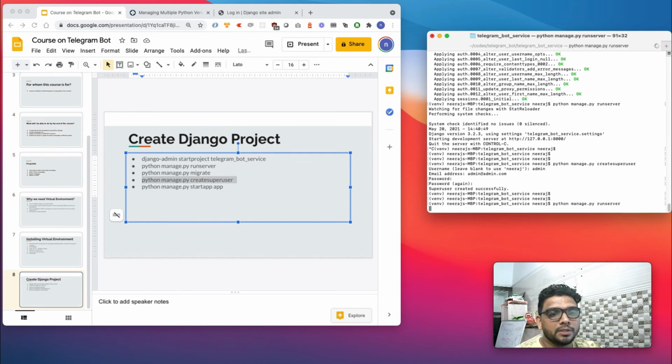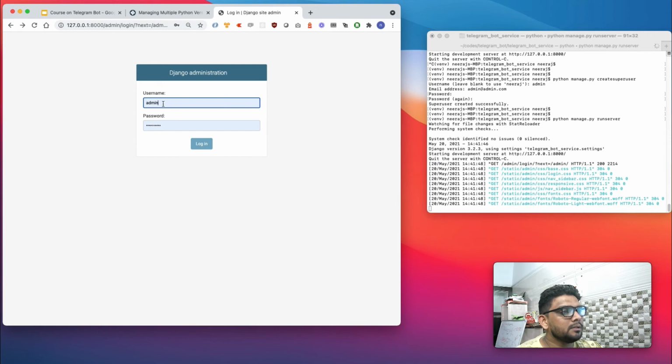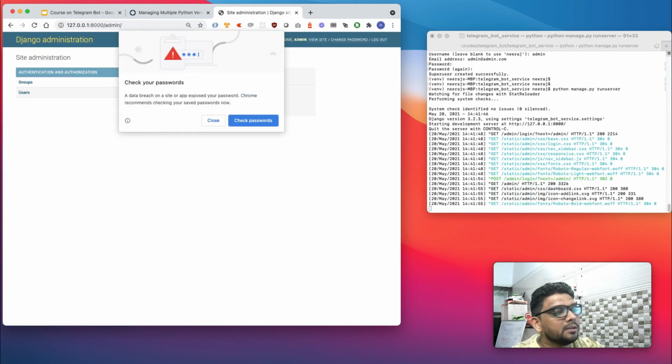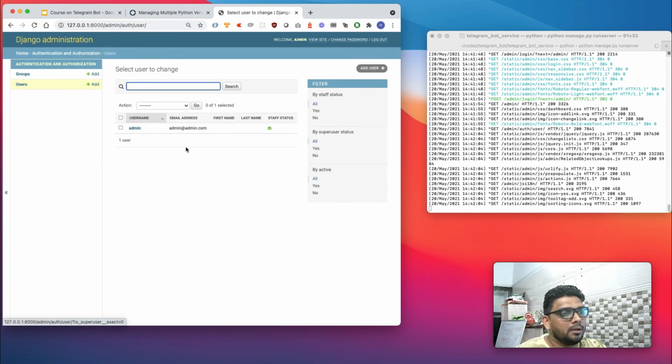Let's run our project again, and this is the project. I just enter the username and password, and yes, this is what I get. I got the Django admin, and I can see there is one user called admin which I just created, and it's a staff.